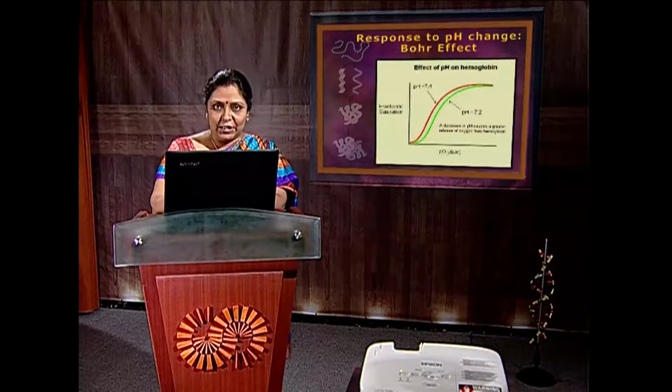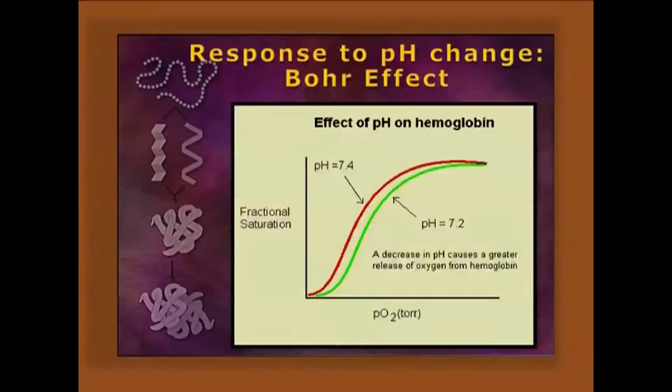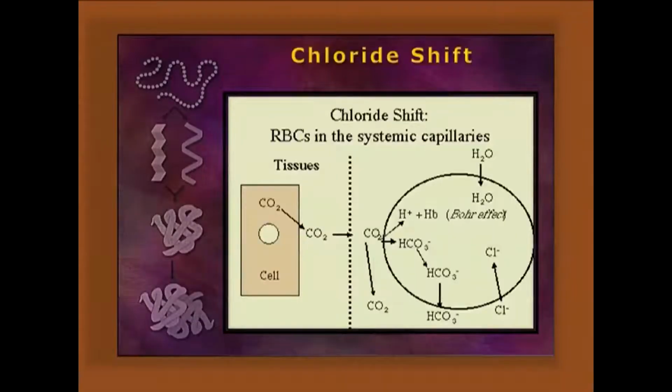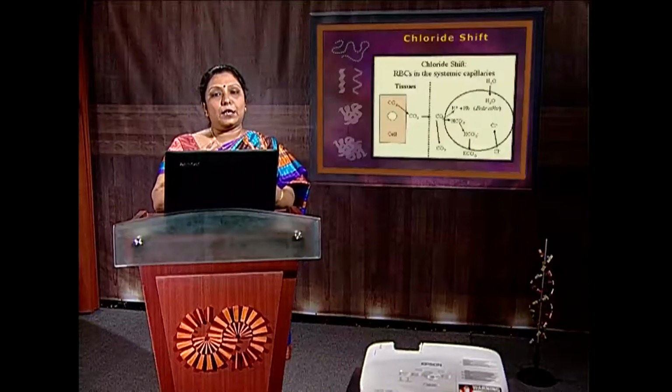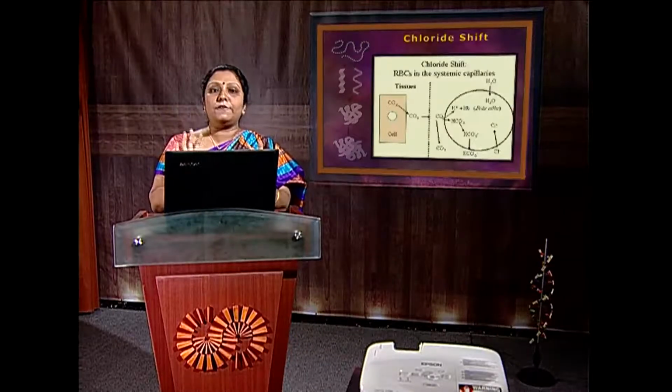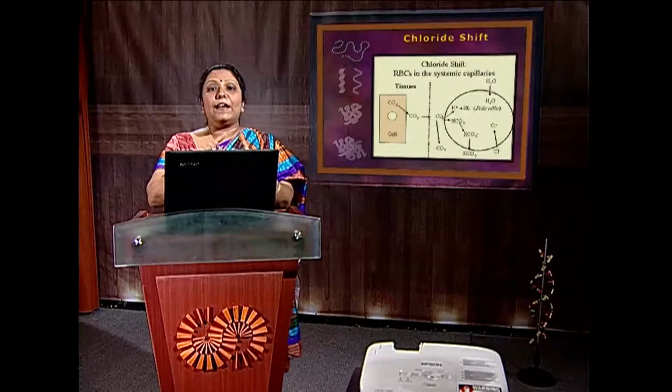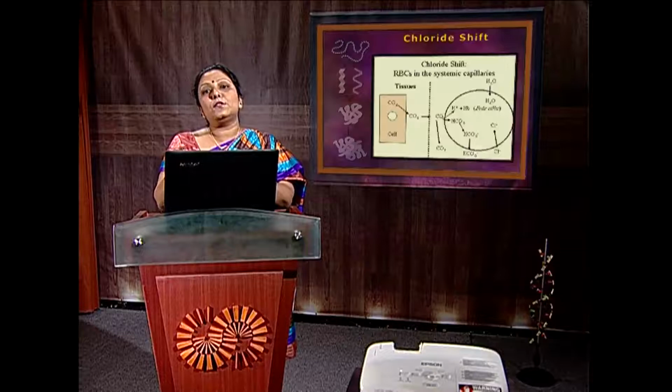The response to pH change, that is Bohr effect or Haldane effect. The carbon dioxide transport: as we know, in case of peripheral tissue, the pH is so low, 7.2, 7.4 etc. So, the carbon dioxide diffuses out from the cell inside the RBC. This carbon dioxide along with water, by carbonic anhydrase, makes bicarbonate as well as H plus. For electrical neutrality by chloride shift, Cl minus will go outside. Now, after this electrical neutrality, we know that this bicarbonate will be transported via the RBC, that is called the Bohr effect.